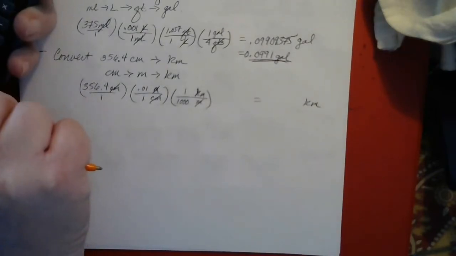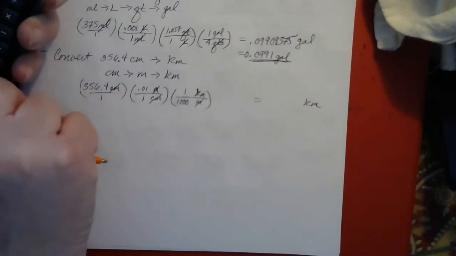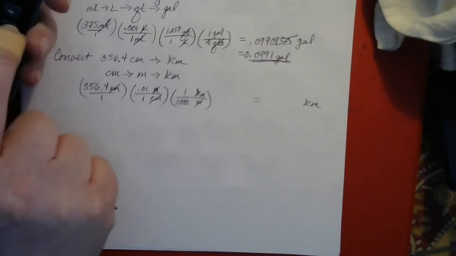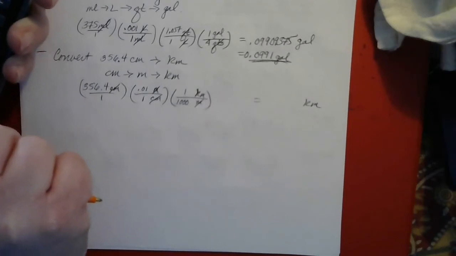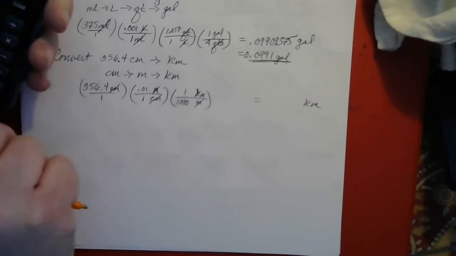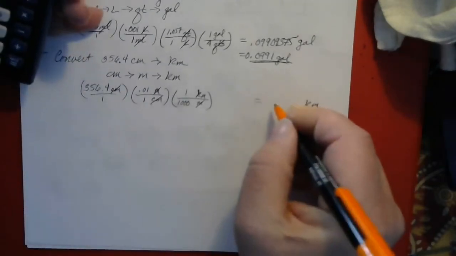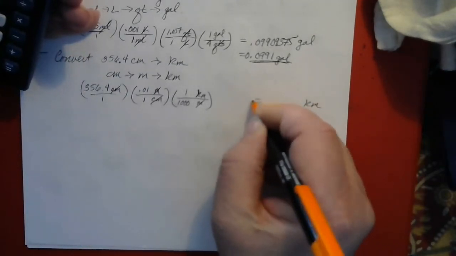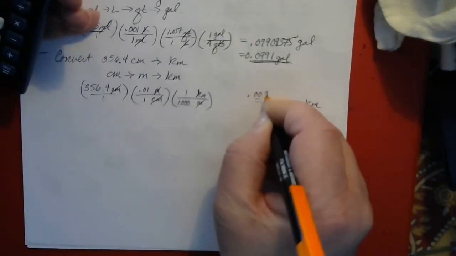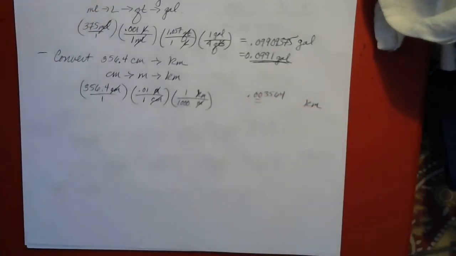So we have 356.4 times 0.01 equals 3.564 divided by 1,000, which is 0.003564